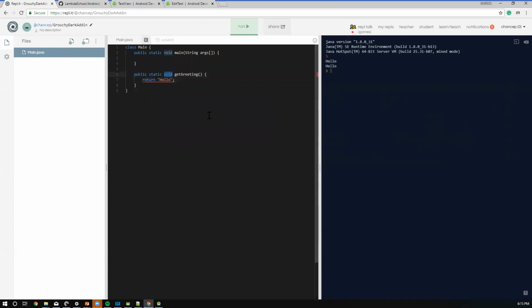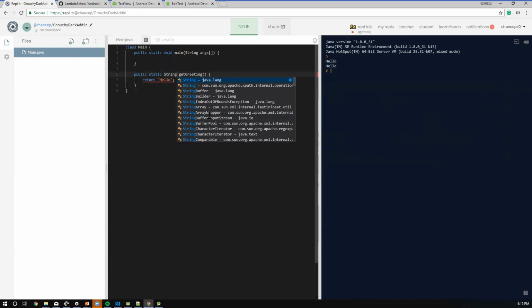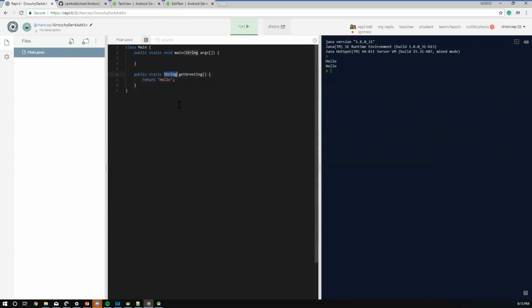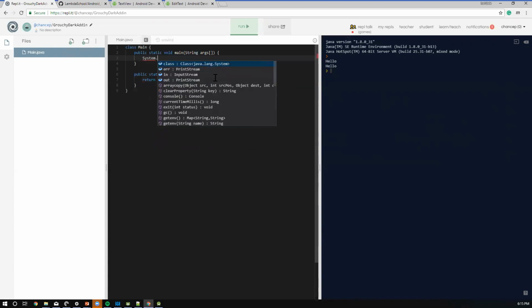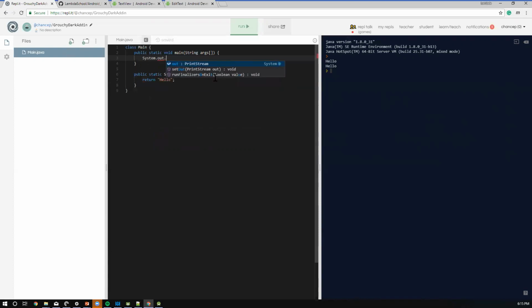We're going to change this void keyword to String, and string, remember, is a series of text, and we'll be diving into that next week as well, what string is and what it gives you. But we'll do the same thing, but now we're moving our print statement out here, System.out.println, and we get greeting. So make sure you're following along with me to start building your familiarity with Java. If you click run,